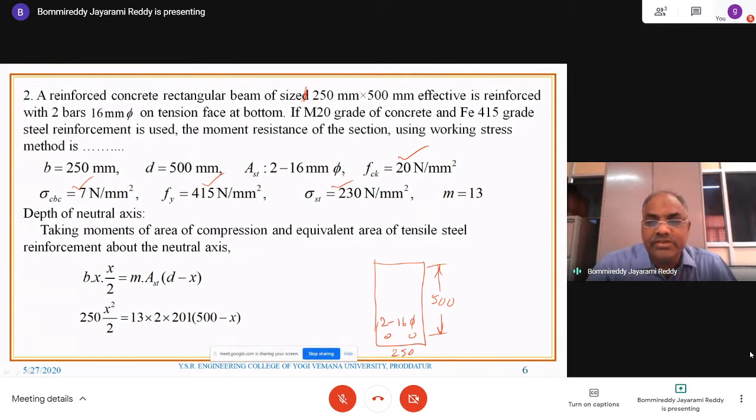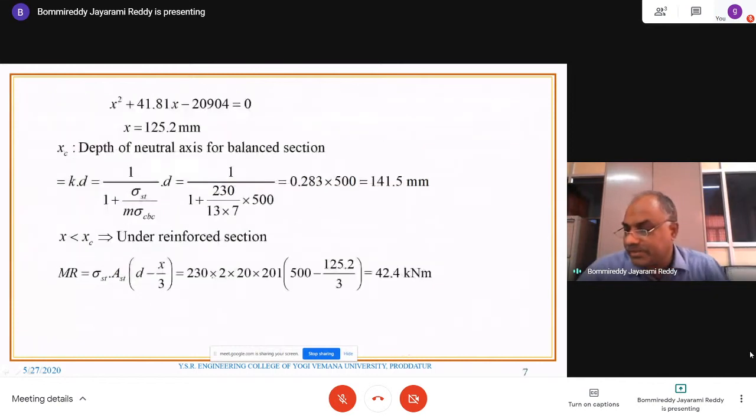The moment of resistance of the section using working stress method is. So what is the moment of resistance? The same procedure is now applied. First, you need to find out the actual depth of the neutral axis. First you identify to which type of section it falls. So for that, compute the actual depth of the neutral axis using the same formula discussed earlier, and by substituting the appropriate values, you will get the X value equal to